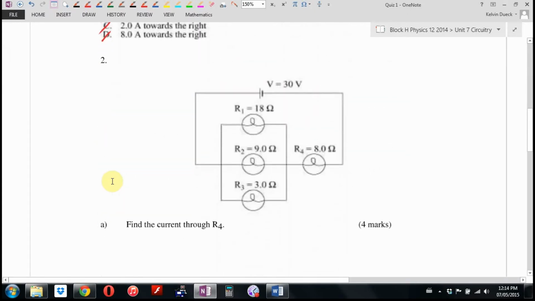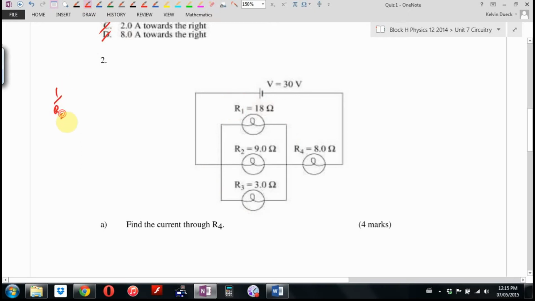Find the current through R4. All right, well, Dueck says first thing you look for is total current. You know what? There's no current anywhere. Nowhere have they told me that. I'm going to have to rewrite this as its simplest circuit. I'm going to combine all these guys into one. So it's going to be